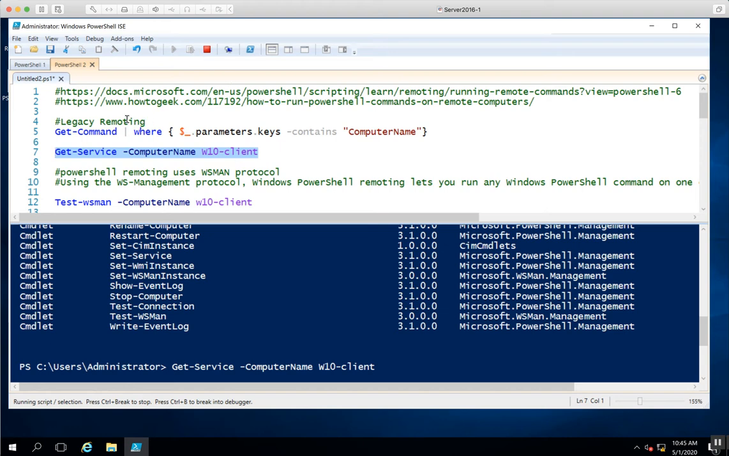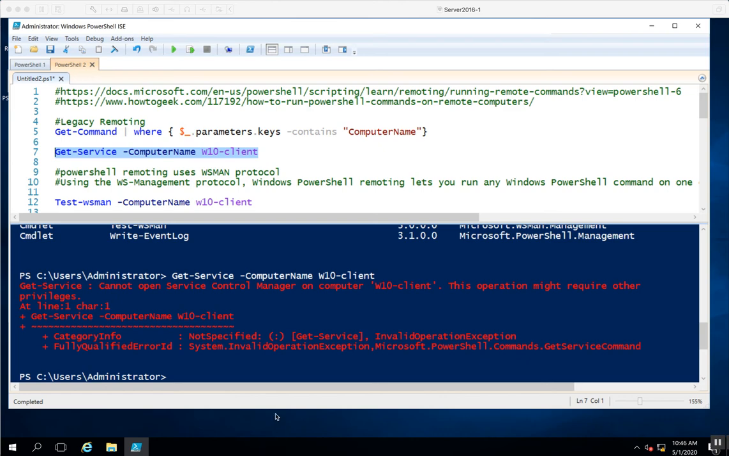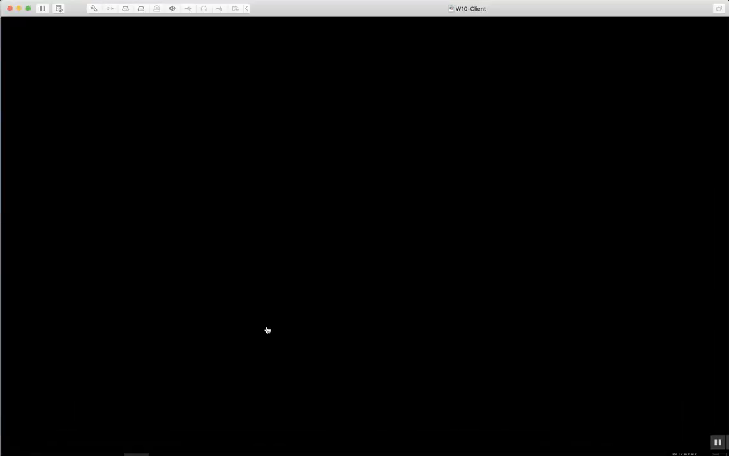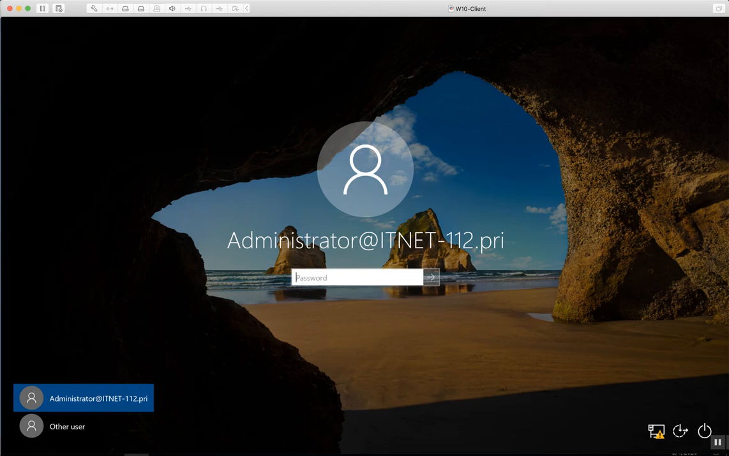I'll just pause this while we wait for it to time out. All right, that was about a minute, but it finally timed out. So what I could do to fix this, if I wanted to, is jump over to our Windows 10 client. Here it is. And I could log in and just turn off the firewall. There's a more elegant way of doing it,